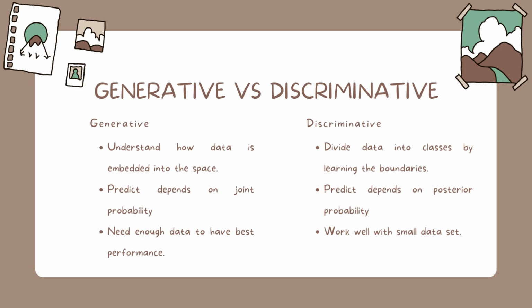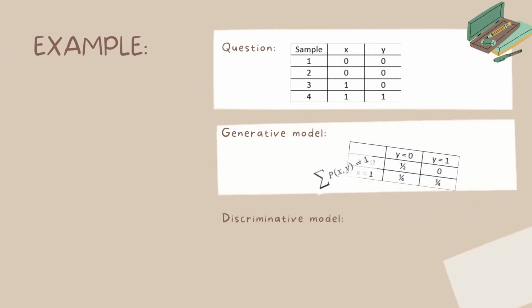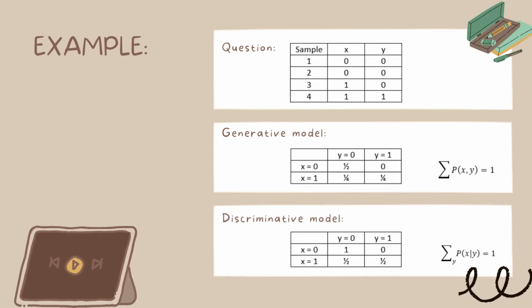But in the discriminative, you divide data into classes by learning the boundaries. Prediction depends on posterior probability. It works well with small datasets. As an example, you can look at the question. We have four samples. In the perspective of the two models, for the generative model, the sum of the function p(x, y) equals 1. Then for the discriminative model, the sum of the probability of event x given the event y has occurred